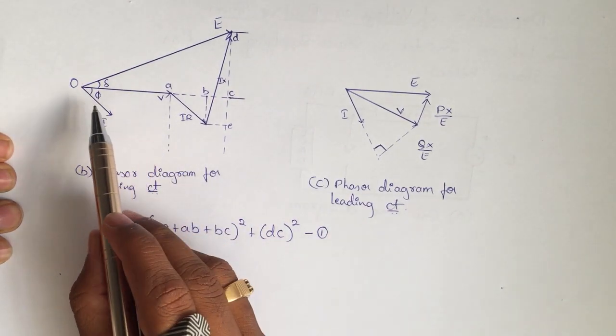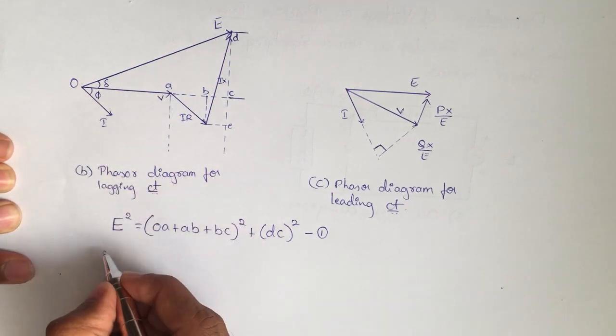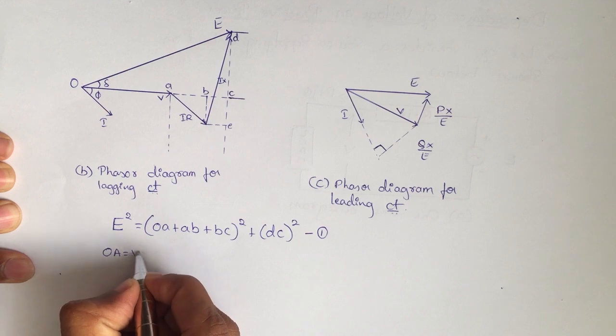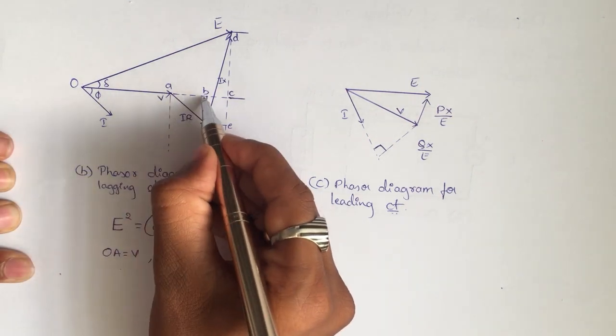As we can see from this diagram, OA is nothing but our voltage V, and AB